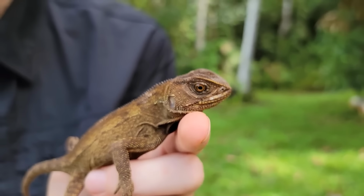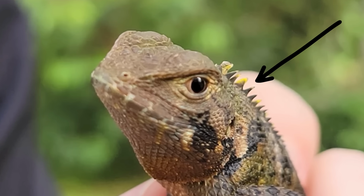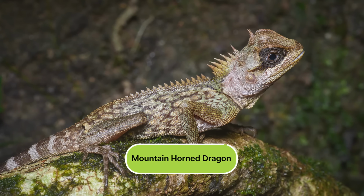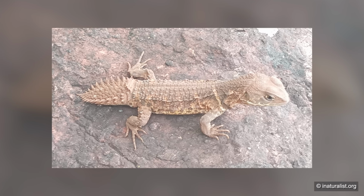lizard that we found in Peru that I had never seen before in my life, the Amazon forest dragon, one of the 20 species in the family Hoplocercidae from Central and South America. These lizards are frequently called dwarf iguanas for reasons that seem perfectly reasonable, at least assuming that they are actually iguanas. They are relatively small but robust little lizards with strong vertebral crests. They are also often called wood lizards and even dragons, though dragon is usually reserved for the family Agamidae that we'll be discussing shortly. That said, they really remind me of mountain horned dragons. One species even has horns. They're just found on the wrong side of the world, and, well, their teeth are all wrong. Some have spiked tails, with the most extreme example found on the spiny weapon tail